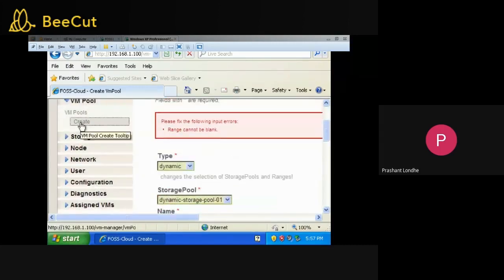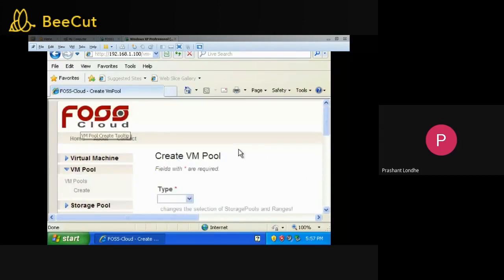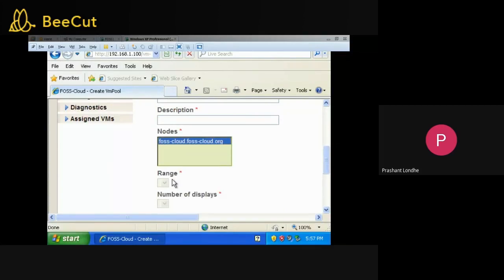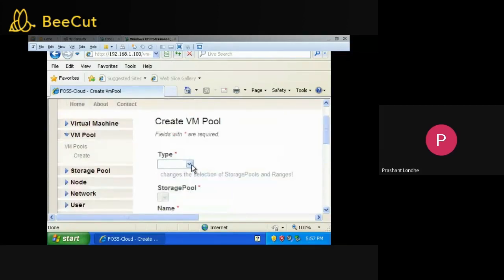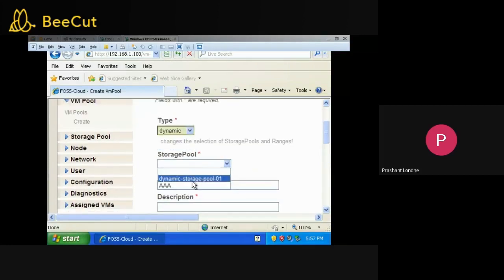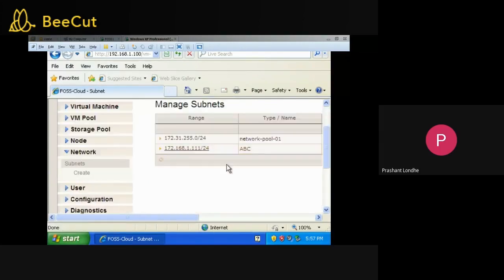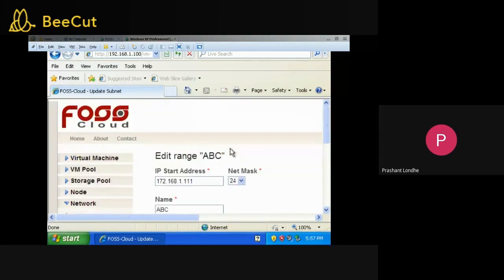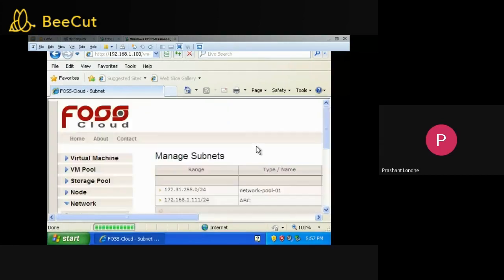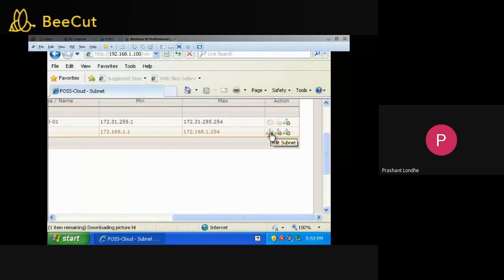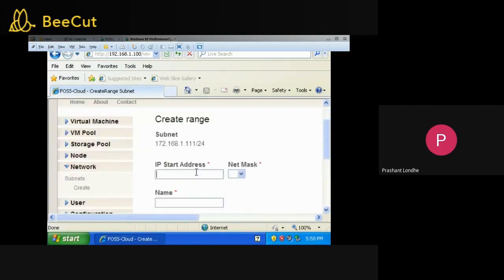So let me define the range. Okay, here I'm just creating one range.